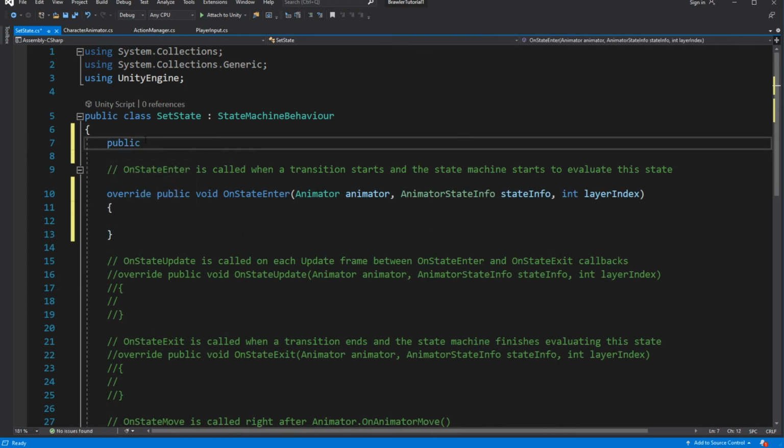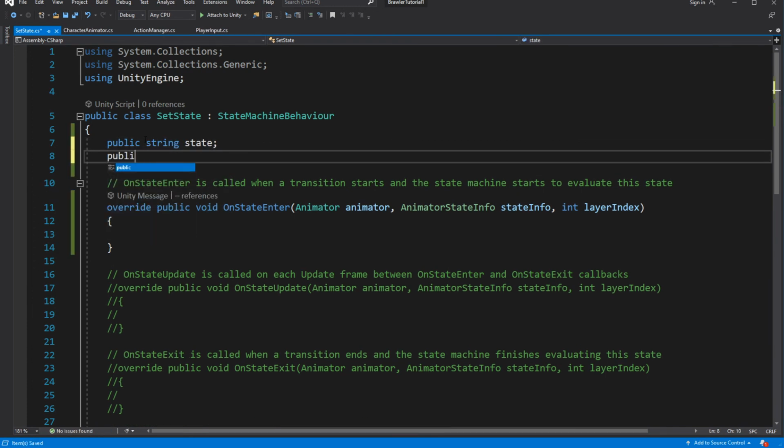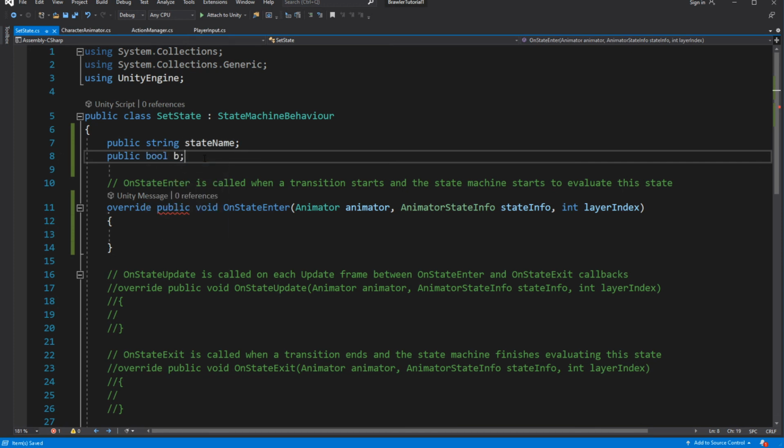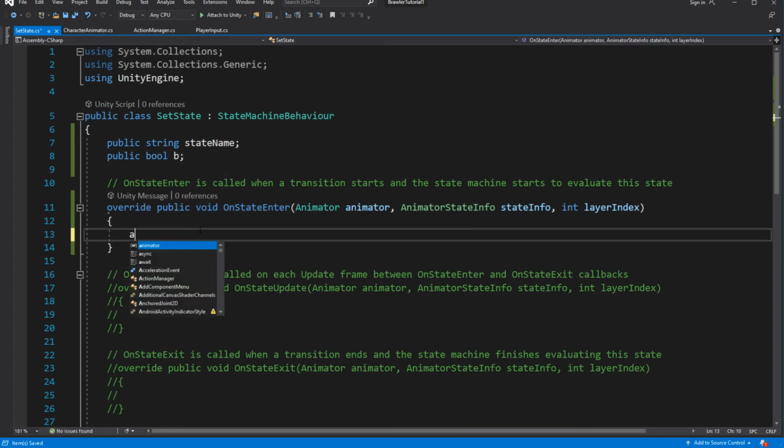Inside, declare public string variable called stateName and public bool variable. On enter, set the state using the stateName to the specific state.